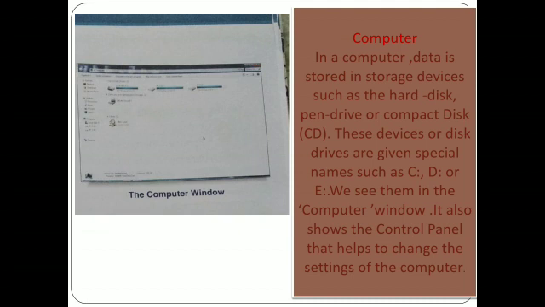These devices or disk drives are given special names, such as C, D or E. We see them in the computer window.